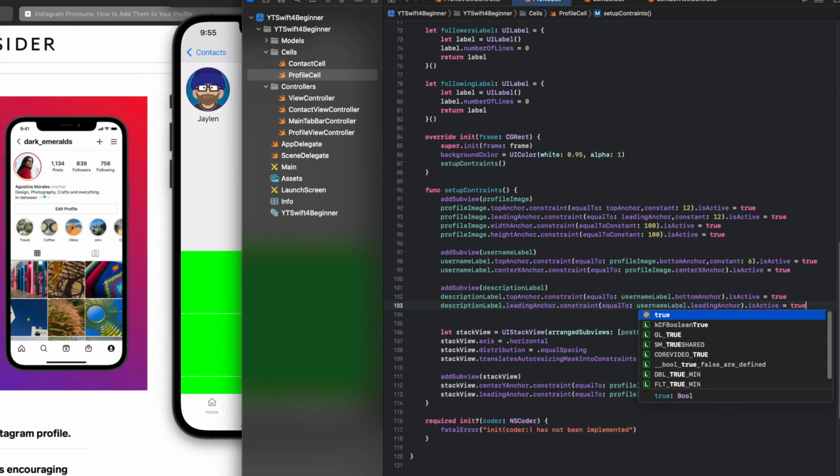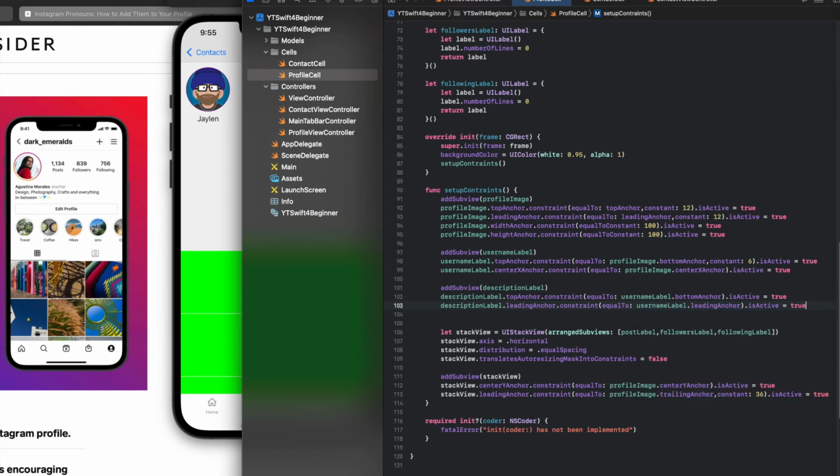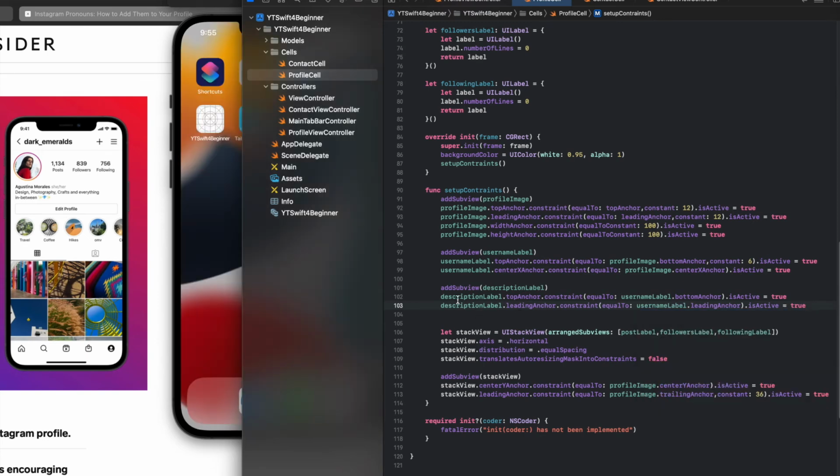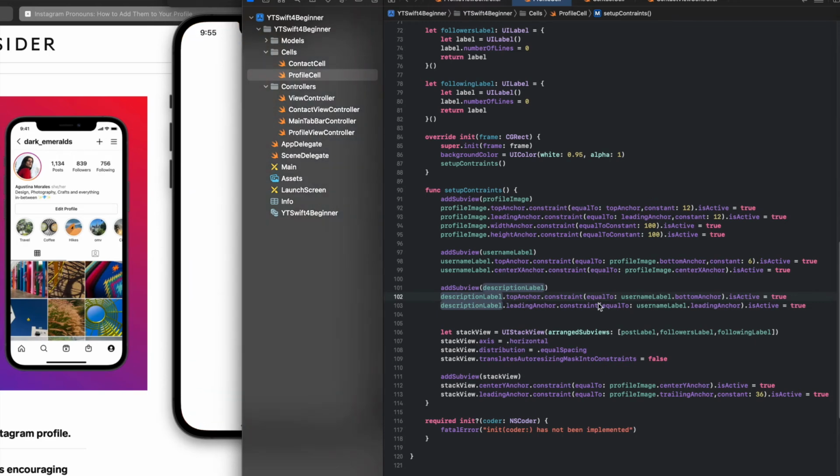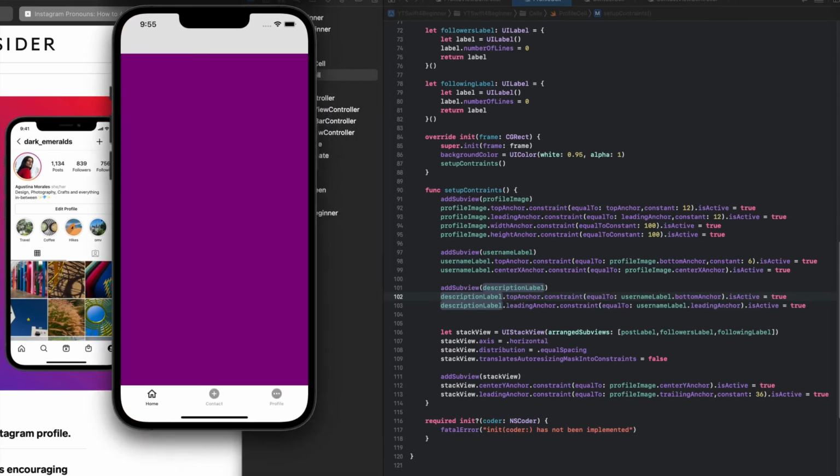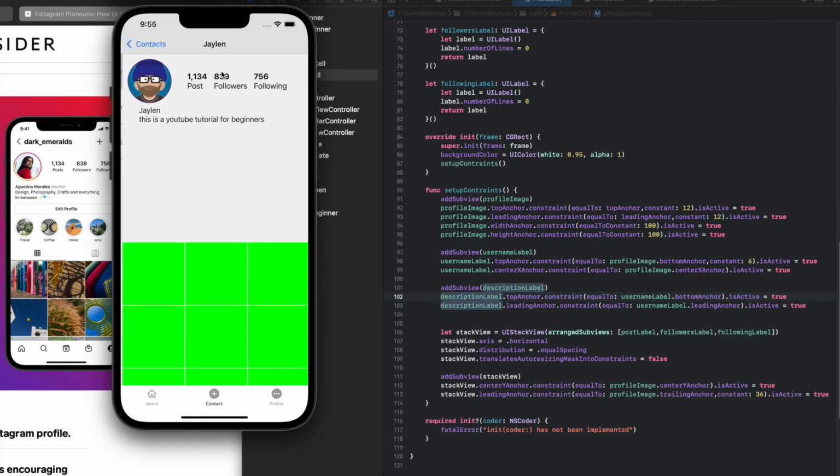Active equal to true. So basically what I'm doing here, I'm just setting the description label's top to the bottom of the username label, and the left side, leading side, to the, you see it right here. Boom, boom, boom. You know, if I want, I could